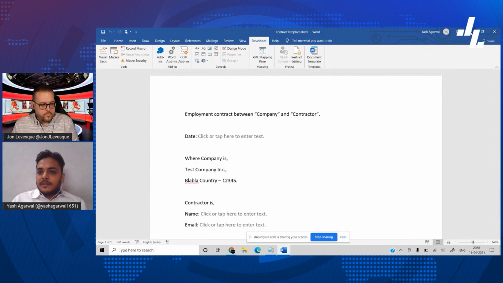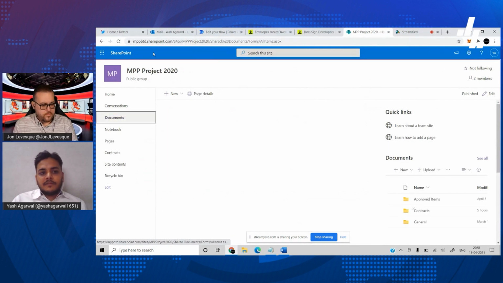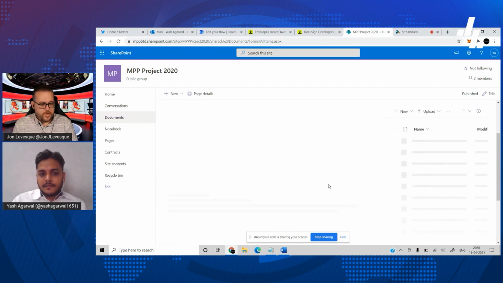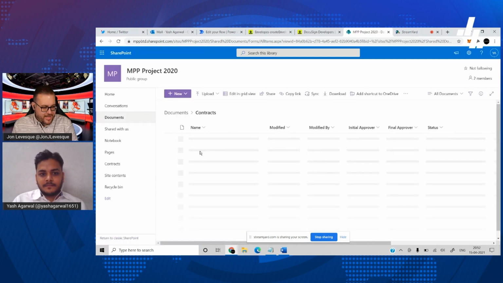So I have uploaded this to my SharePoint document library over here. I have a SharePoint setup created already. And nice. Over here. So this uses the Word connector because there's that template there, and then SharePoint, and then